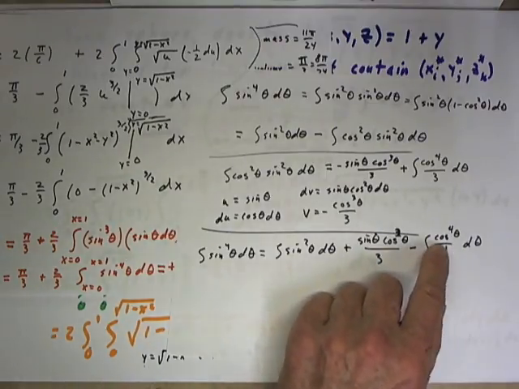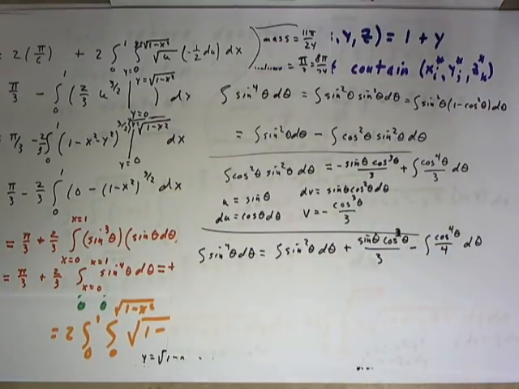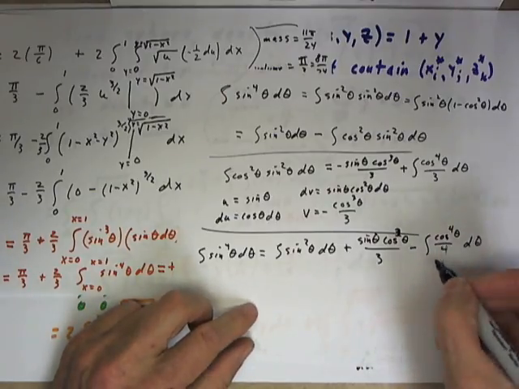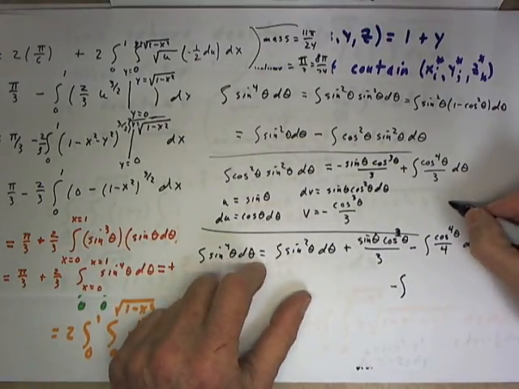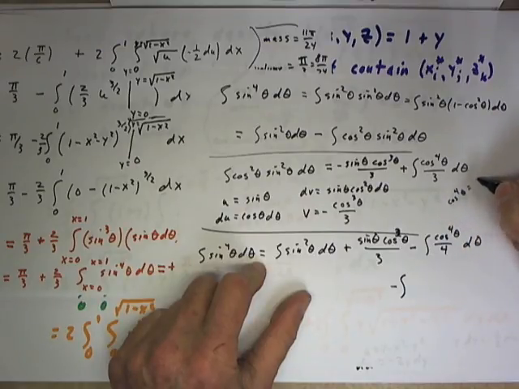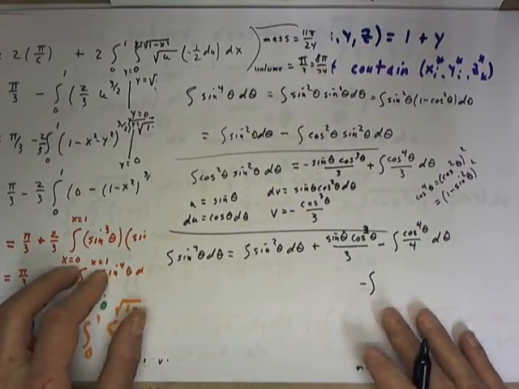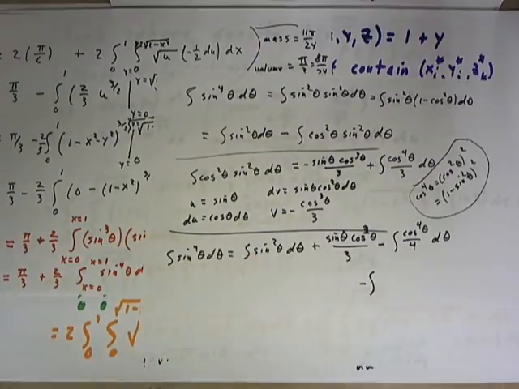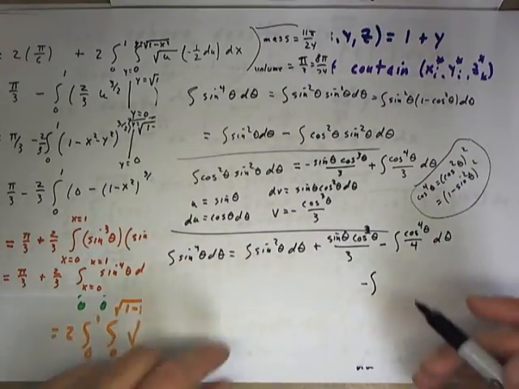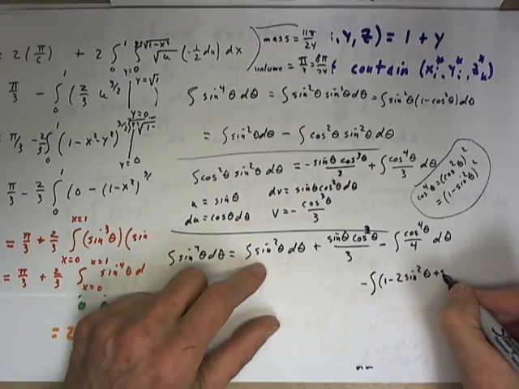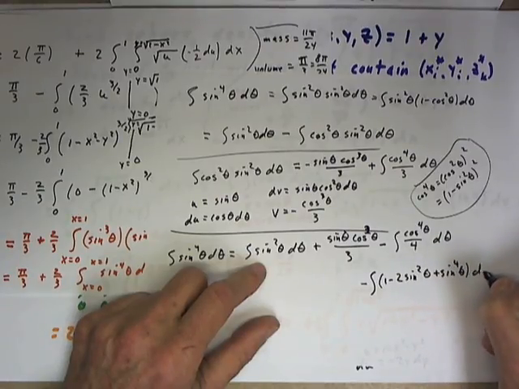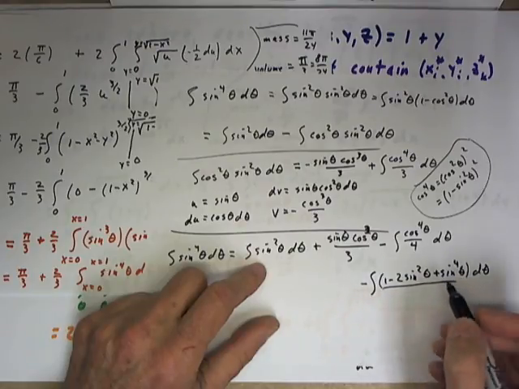Now let's just observe the cosine to the 4th theta is cosine squared theta squared. So this integral is going to become minus the integral of, and I'm going to jot it down up here, cosine to the 4th theta equals cosine squared theta quantity squared, which is 1 minus sine squared theta quantity squared. And if I square this, what do I get? I get 1 minus 2 sine squared theta plus sine to the 4th theta inside the integral. And of course, that's all divided by,